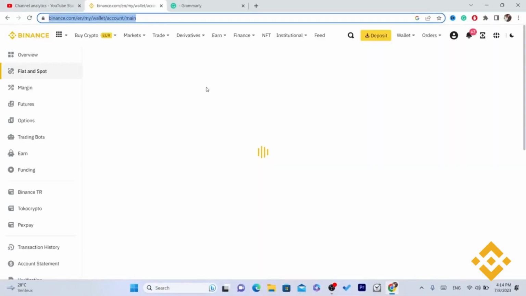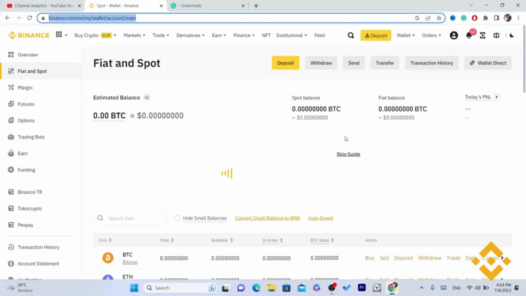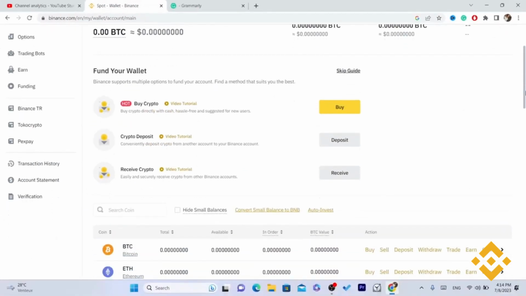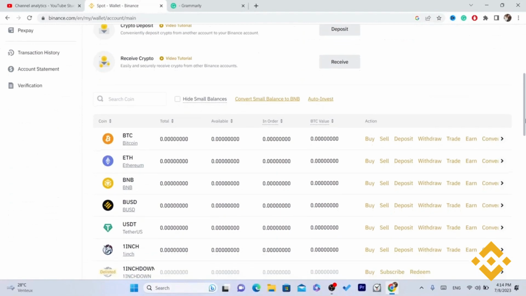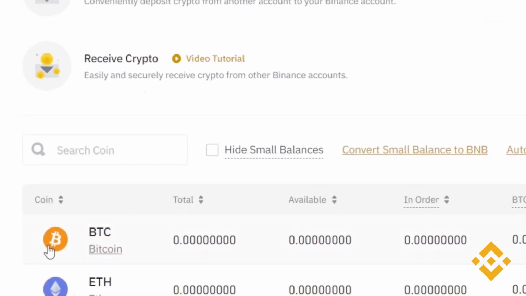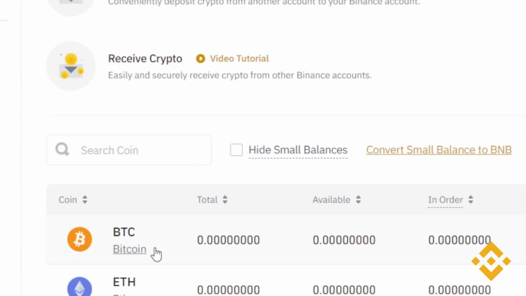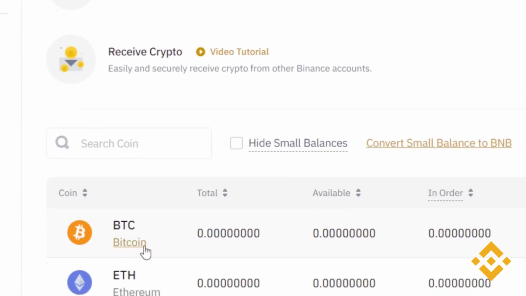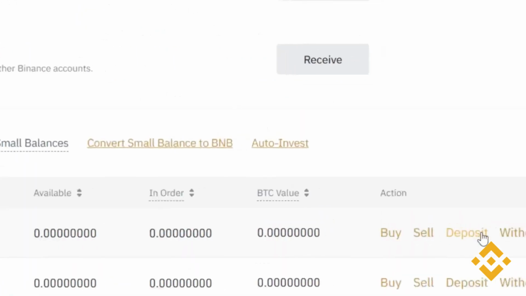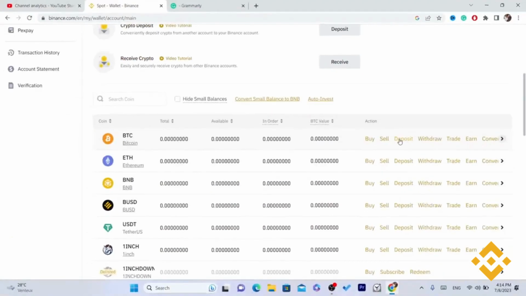And what you need to do, guys, next is you need to scroll down. Okay, you need to scroll down a little bit, and as you can see here, guys, you want to search for Bitcoin. As you can see, BTC, and under that you will see the Bitcoin. Now on the right, next to that, you want to click on deposit. As you can see, you want to click on deposit,